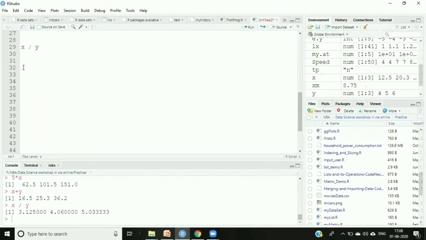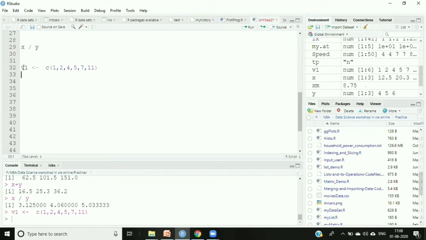For example, if I'm having, let's say, vector 1, I'm having c 1, 2, 4, 5, 7, and 11. So v1, let me check. So it's showing the value 1, 2, 4, 5, 7, and 11.